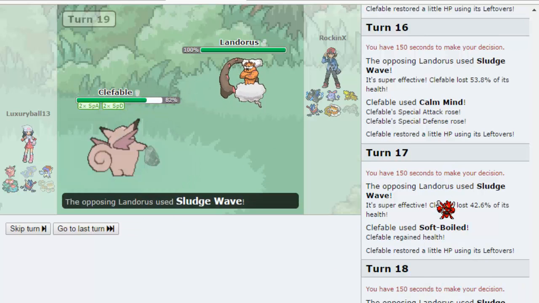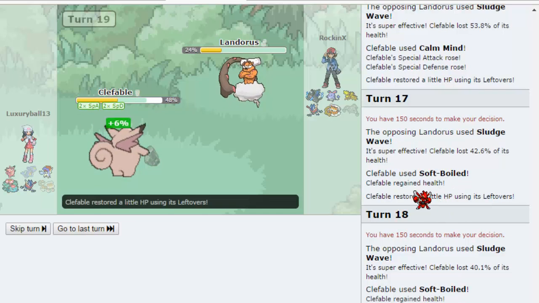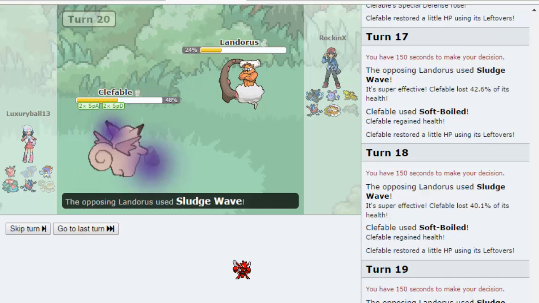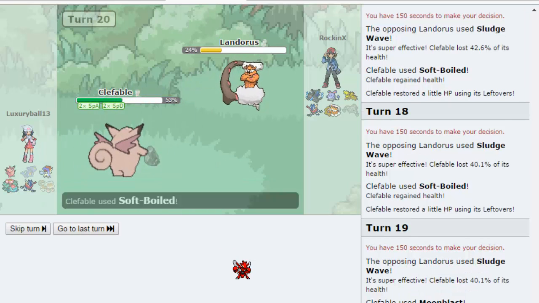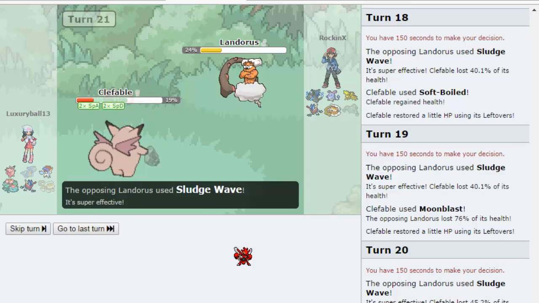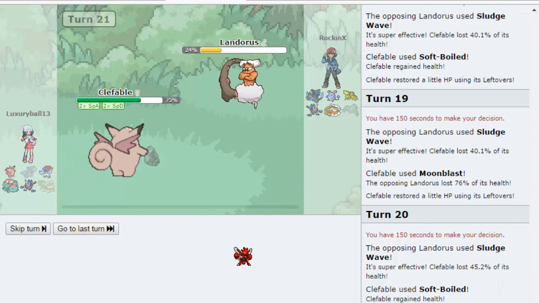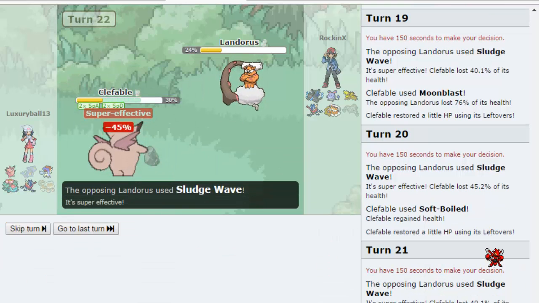And yeah, that does a lot. This Landorus doesn't really bother me that much though. He does get a high roll there, but it does not knock me out thanks to the leftovers. These rolls are really not in his favor, so yeah, just gonna keep Soft Boiling up until I feel like it. I think one more would be efficient,